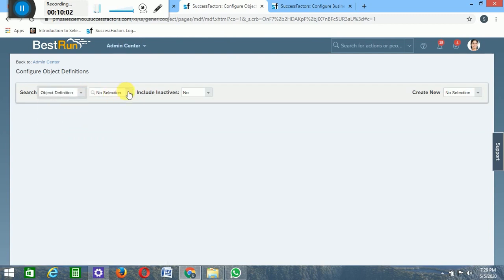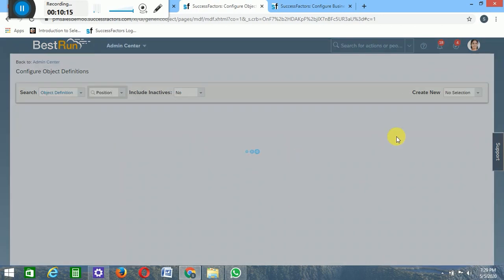Select object definition here. The object we are looking for is position. Select position from here. Yes, position.